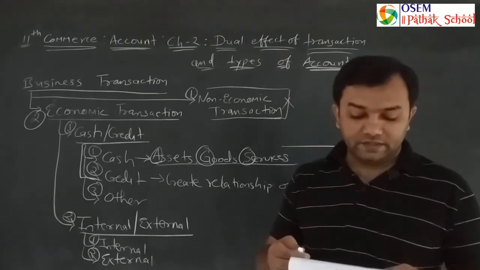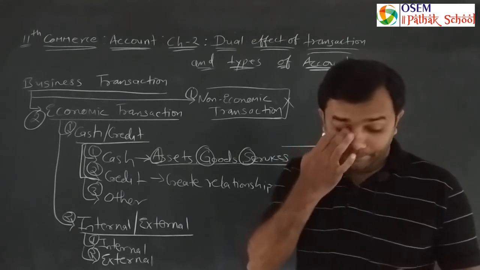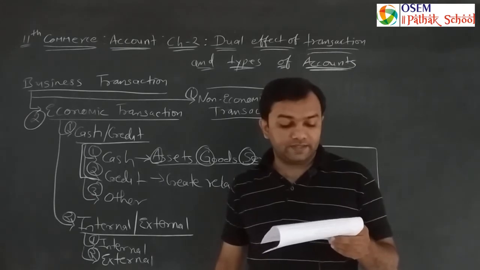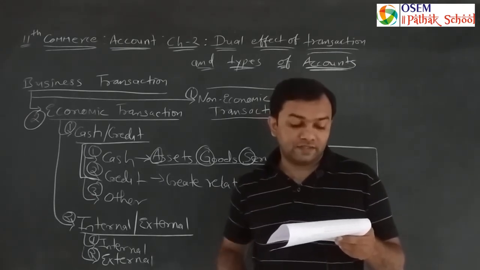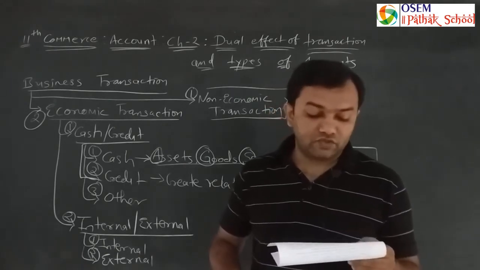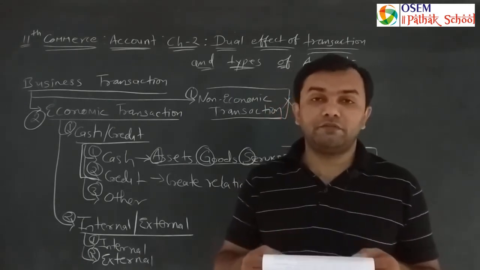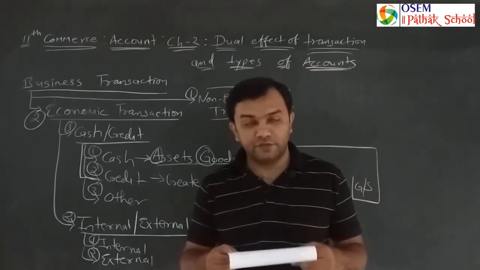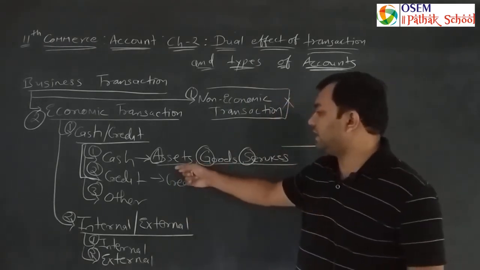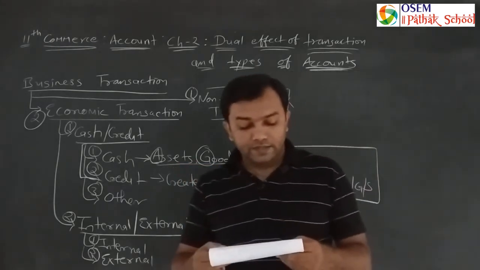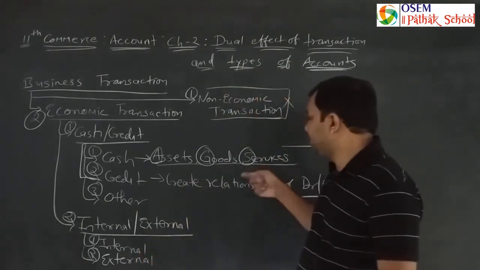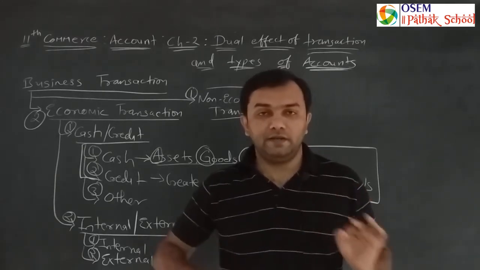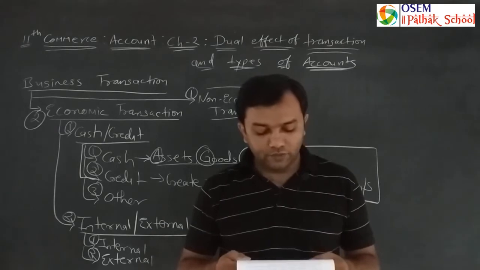So the cash and credit transaction viewpoint is given here. This transaction takes place in three forms: cash transaction for asset, cash transaction for goods and cash transaction for services. So point number one, cash transaction is explained here on page number 25, last topic. In this type of transaction, money is paid and received in exchange for asset, goods and services. Each of them is explained in a particular point, three different points with an example, so it is very easy to understand.